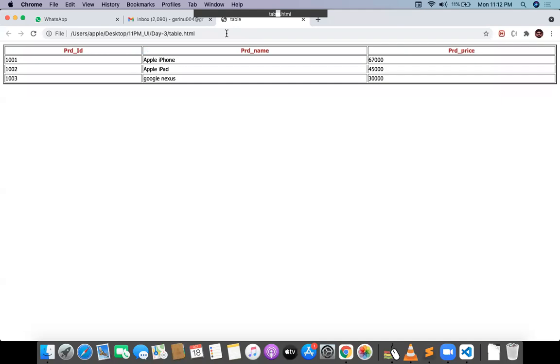Product ID, product name, and product price are going to be in the center of the column. Text align is center, font weight is bold, and font color is brown. If I do it like this, the heading part is going to be differentiated for us. And by using B for TD, yeah, we can use B also, Pujan. Yeah, no issues with that.